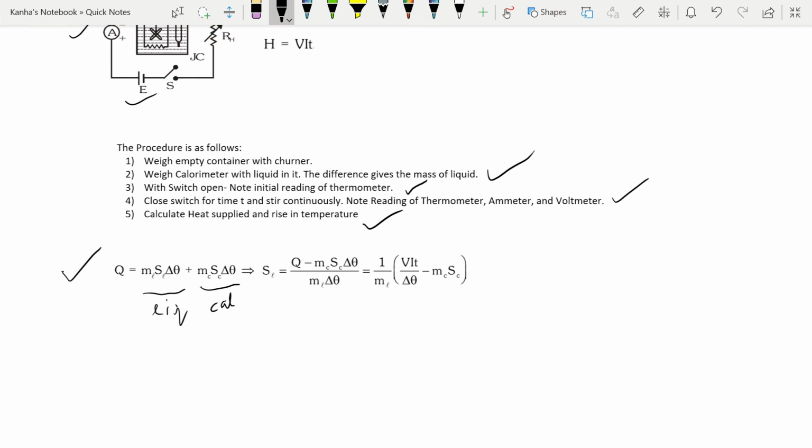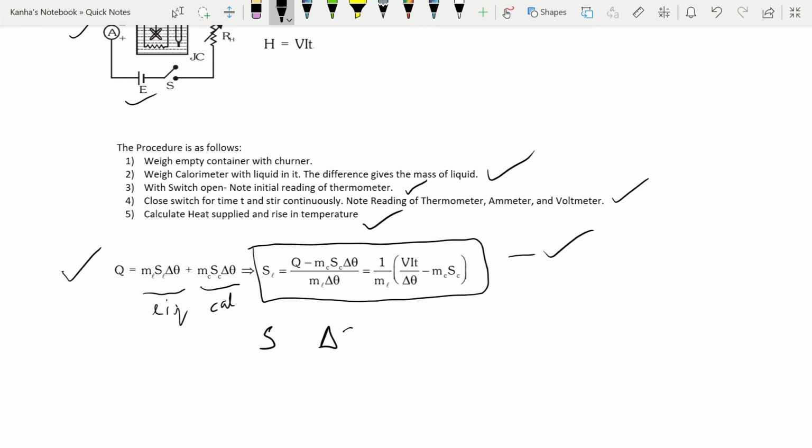This is the formula. So in order to get the specific heat, you just transpose it and you can easily find it out. The questions from this will again be of the similar sort. They might just ask you to find the change or the absolute error or the relative error in a specific heat. To do that, what will you do?